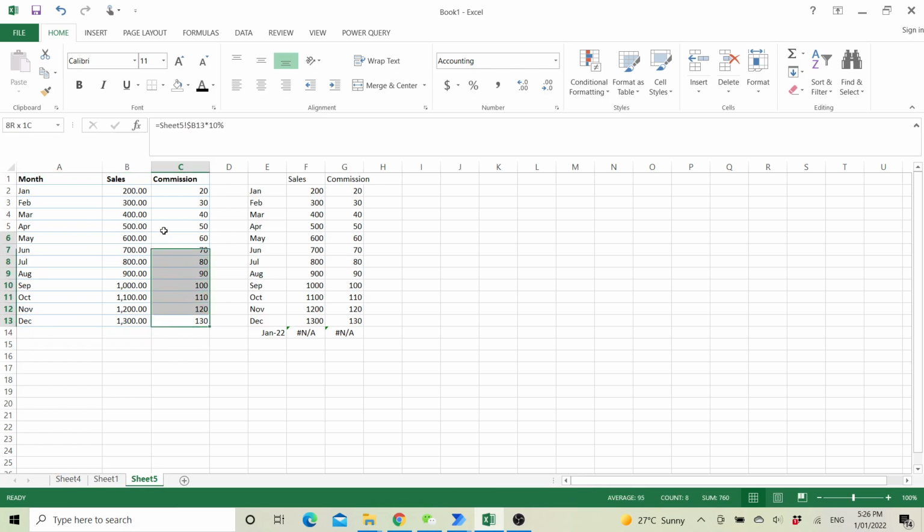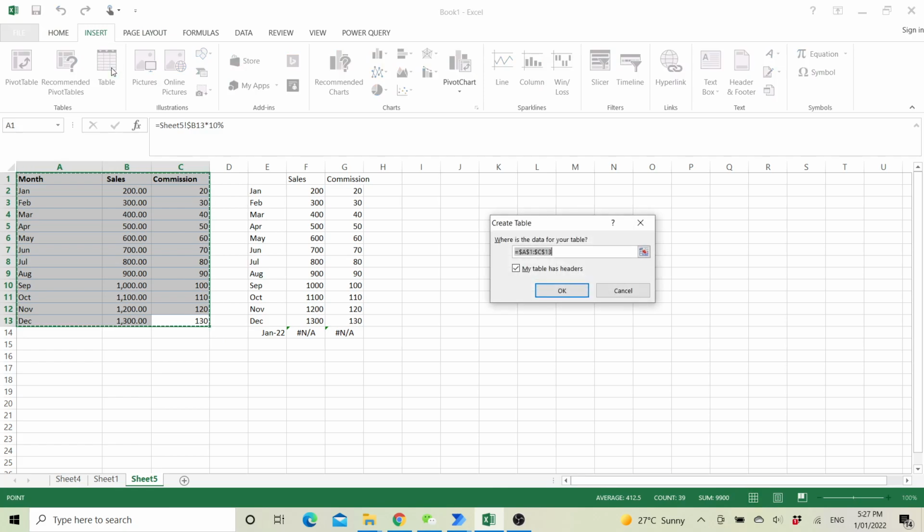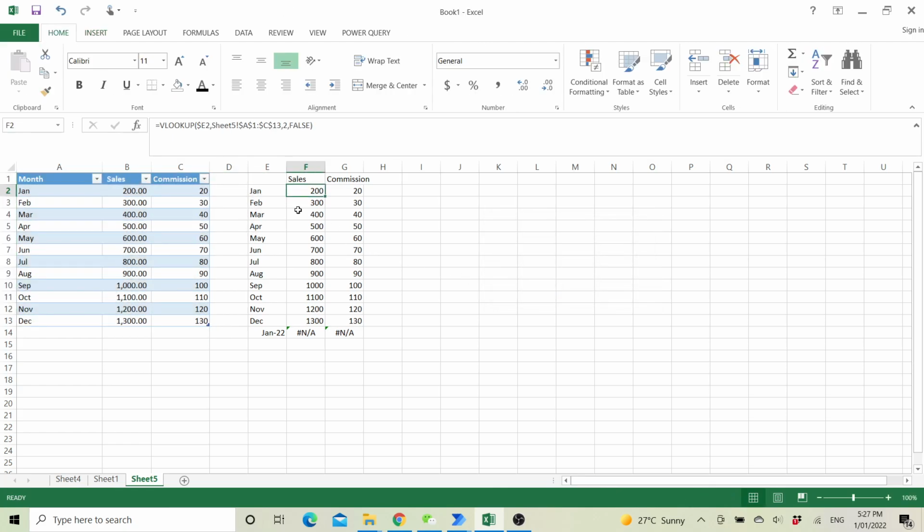make this month, sales, commission as a table, right? Go to Insert and then go to Table, right? This will make the whole thing a proper table, and then you click OK, right? Then when you